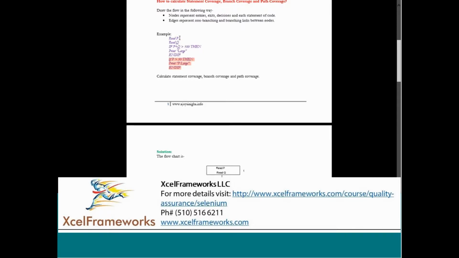The values I supplied are 100 and 50, and 100 plus 50 is 150, which is greater than 100, so it prints. And if p is greater than 50, p is 100, so 100 is greater than 50, then print p is large.